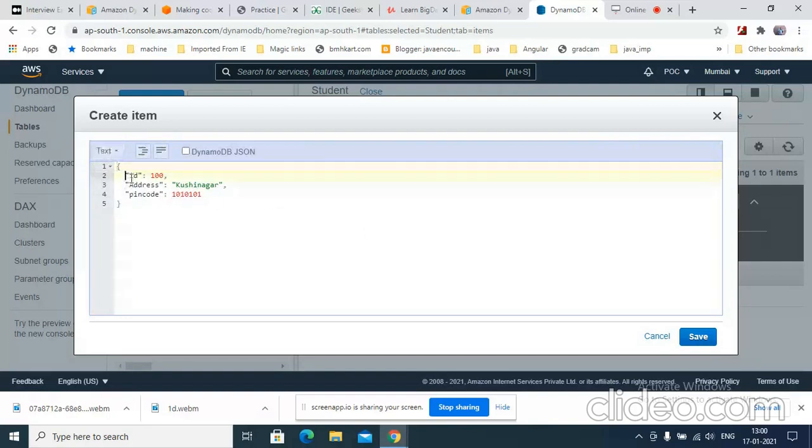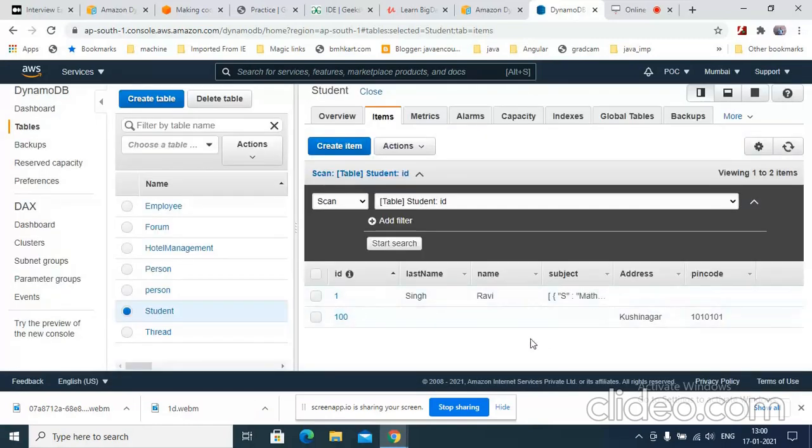The only thing is that the key is the column, so it's a key-value pair, so the key will be as defined, and the rest can be anything in object format. So this data is created. You can see here these two records I have created.